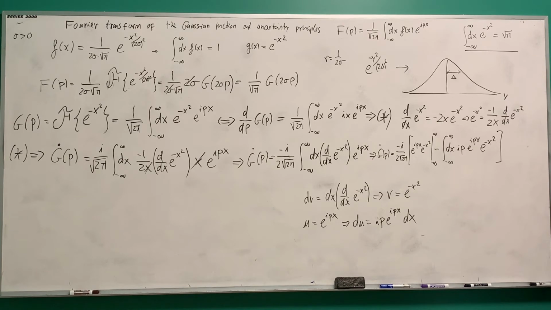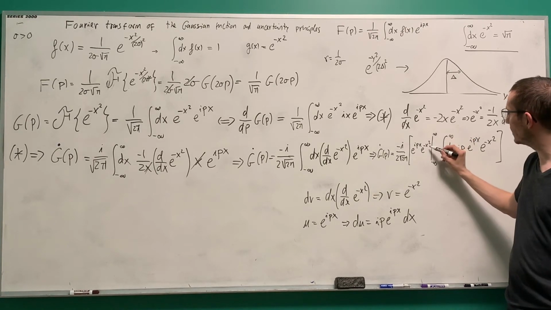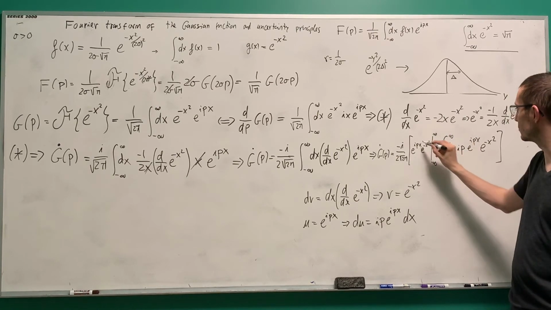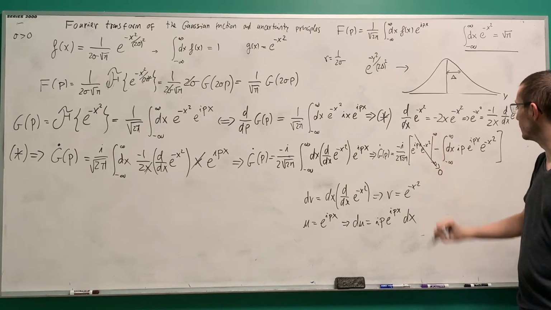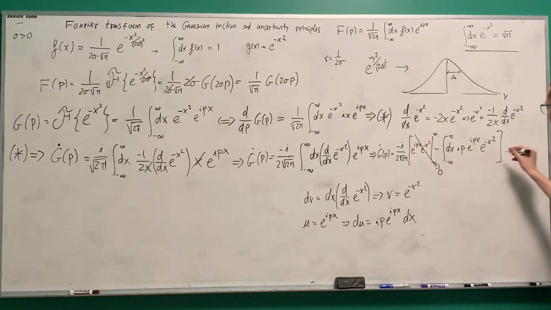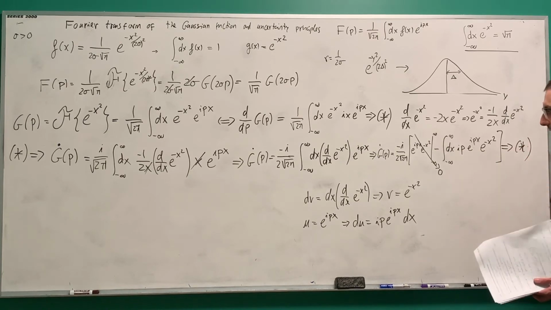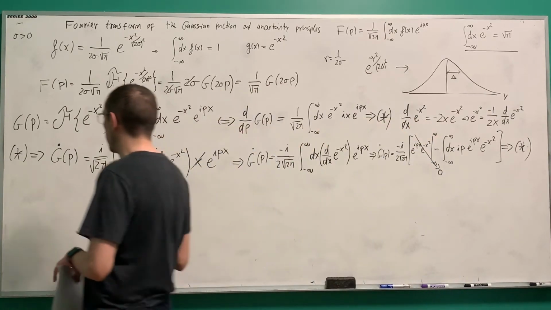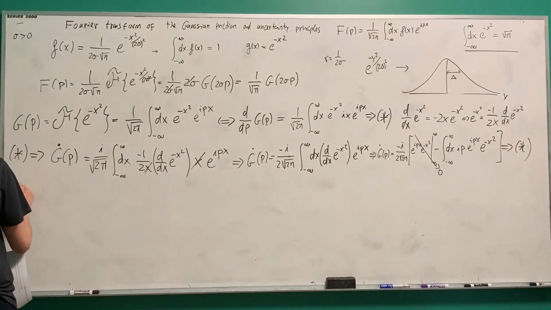Wonderful. So what I do now is realize that this at infinity, e to the minus x squared, is 0, and at minus infinity is also 0. This thing cancels. So I'm left with the minus and the minus cancels, but then I have an i times an i that gives me a minus sign. So let's do a wormhole. And let's erase this because we don't need it anymore, we already used it. And the wormhole that opens here,